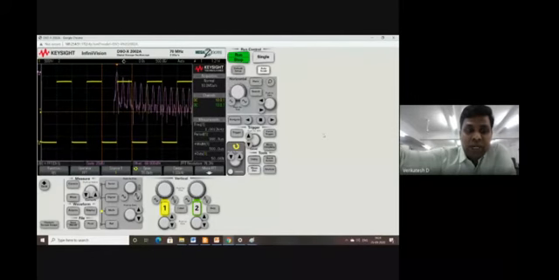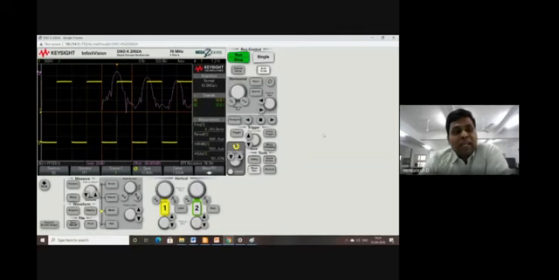Now we can see a center frequency and its harmonics, right? This is what we have learned in the Fourier series. Any periodic signal can be represented as a weighted sum of harmonics. So this is the first harmonic, third harmonic, fifth harmonic, and seventh harmonic. If you remember the Fourier series of a rectangular pulse, it will have only odd harmonics. Even harmonics will be equal to 0.